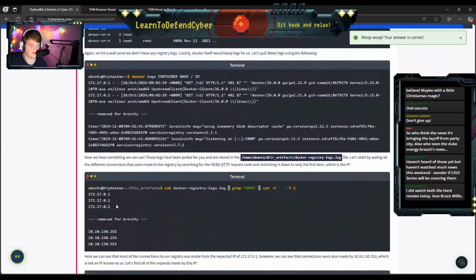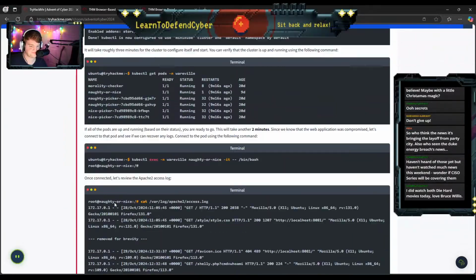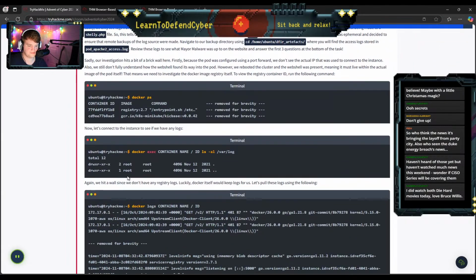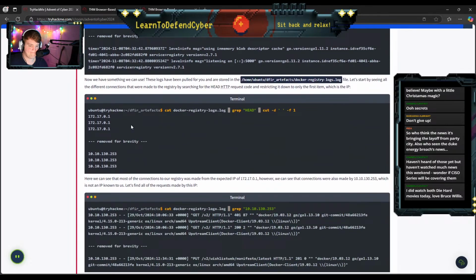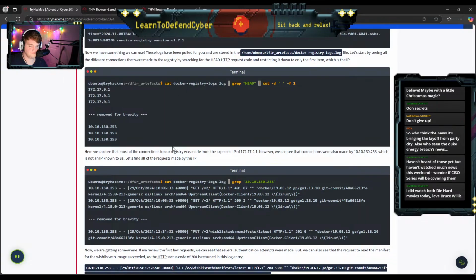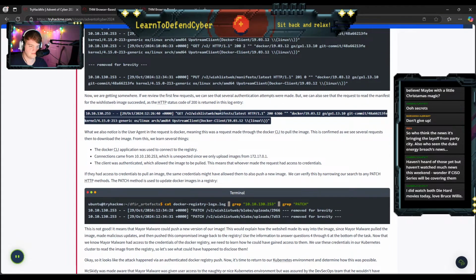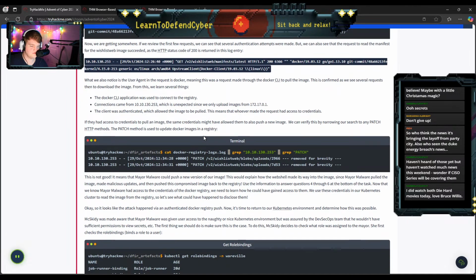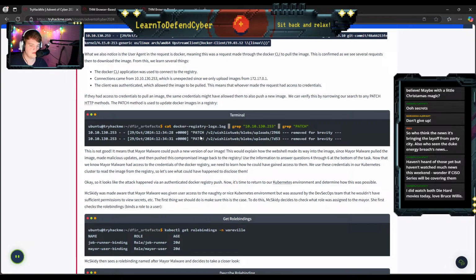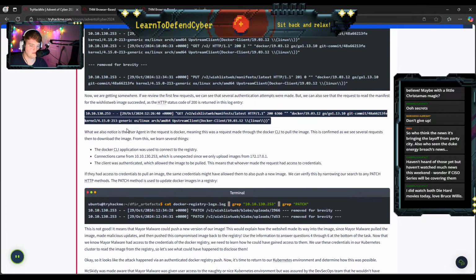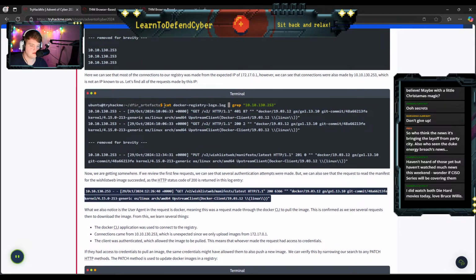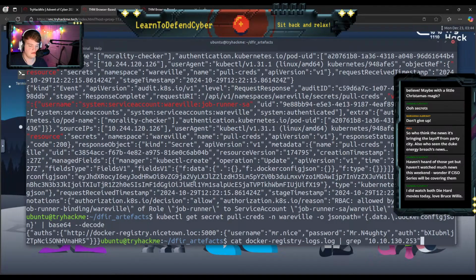I'm gonna have to throw that command back in there and figure that out real quick. Just trying to see if I can see it in here. No, I'm gonna have to cat docker registry logs and just throw it in here.